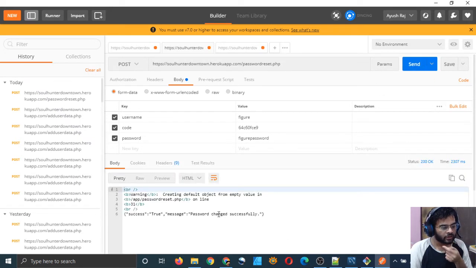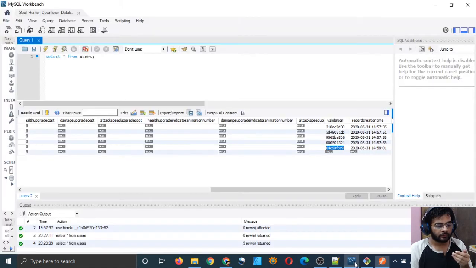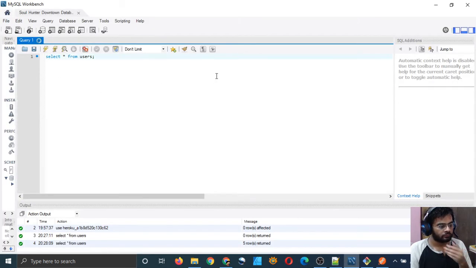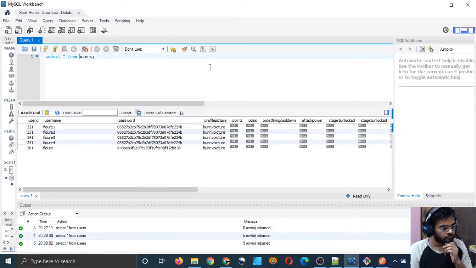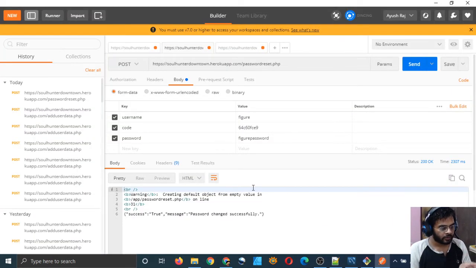Yeah, password changed successfully. So now I should have a different hash code of the password for the figure user. Let's see. Yeah, you can see that the hash code for the figure user is different, which means his password is different, right? So this script is working, and this was just a positive test.